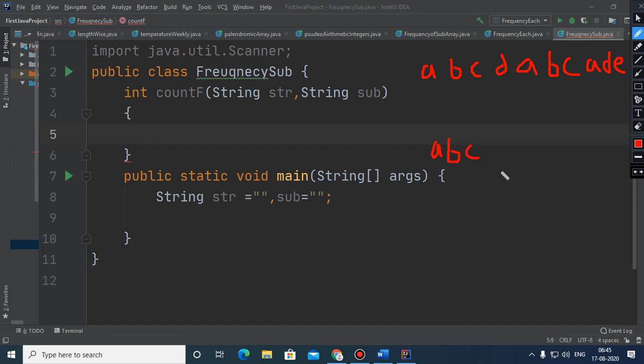So children, first of all, what we have to do, we can see the index numbers are like this: 3, 4, 5, 6, 7, 8, and 9. And here it is 0, 1, 2.